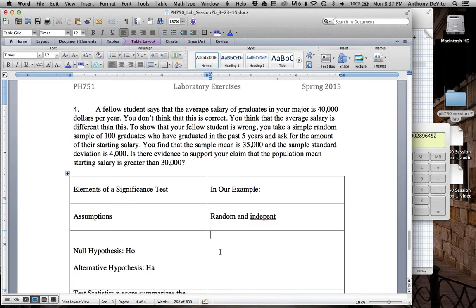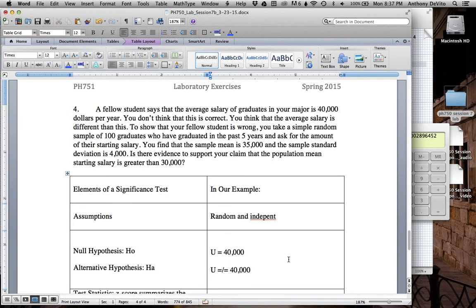Okay, so what's our null hypothesis here? Well, what did we say about the average salary? The average salary is equal to, no, that's what our sample says. What's our null hypothesis? Our null hypothesis is that the average salary is 40,000, right? What's our alternative hypothesis? Alternative hypothesis is that mu is not equal to 40,000,